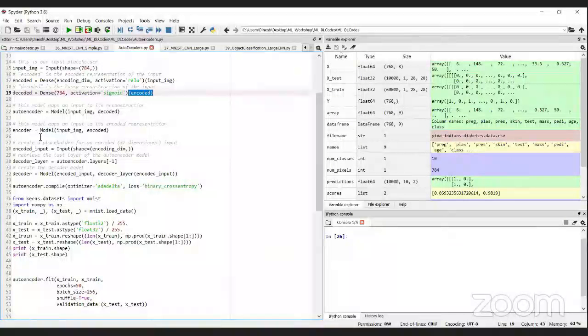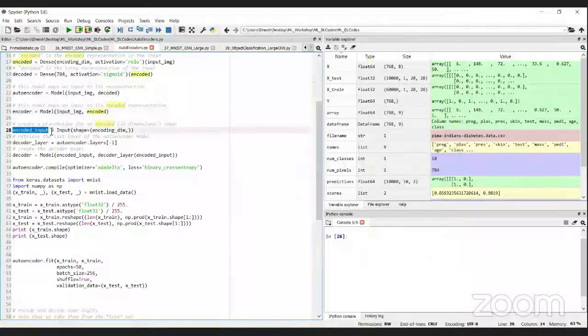All of you are able to get it, right? For the encoder, the input is image data and I want to encode it to 36 dimensions. For the decoder, I want to reconstruct it to 784 data points, but the input is my encoded data. So the autoencoder starts with a model, the input image, followed by the decoder. This is the encoding, where it takes the image data and performs the encoding.